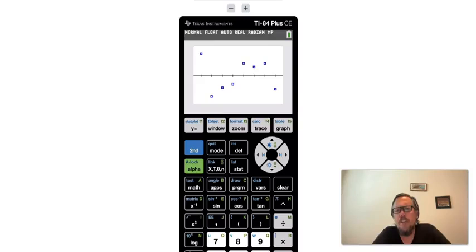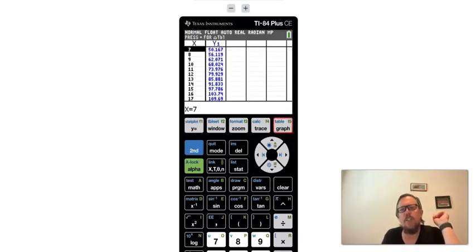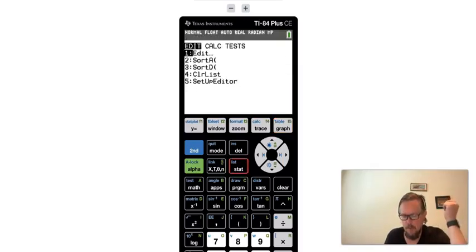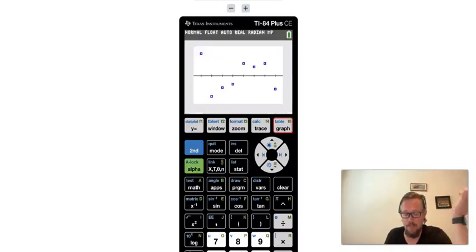So let's see what these residual values are. I'm going to press the trace button up here at the top next to graph. And you can see that first point for 7 gives us a residual value of 12.8. So if we go look at our table, it said that for 7, the value was 63. That's how many goals were actually scored. If we look at our equation, the table our equation created, our equation predicted 50.1. So our predicted was 50.1, and our actual was 63, which is off by about 12,